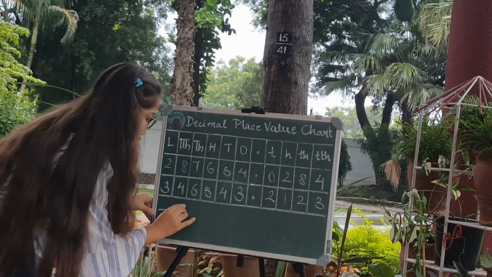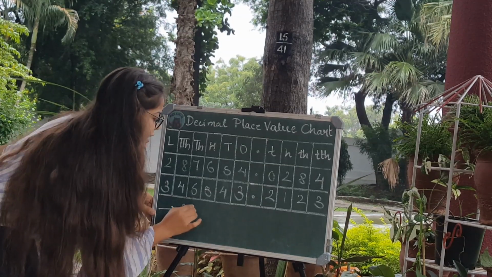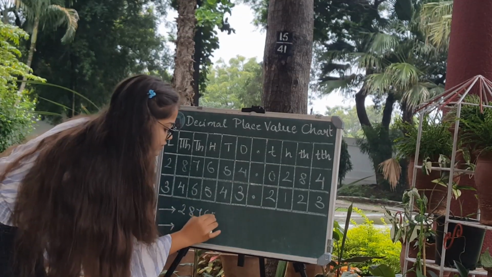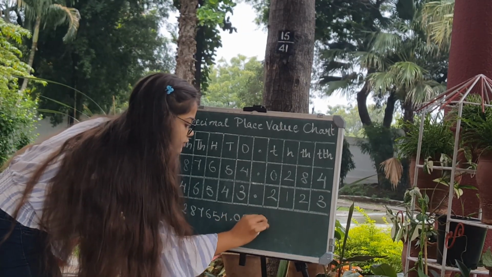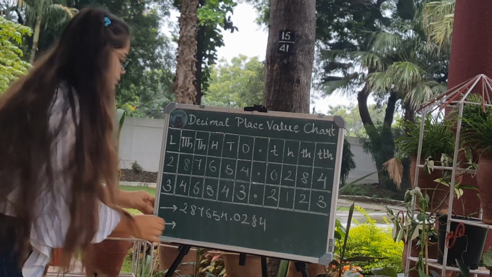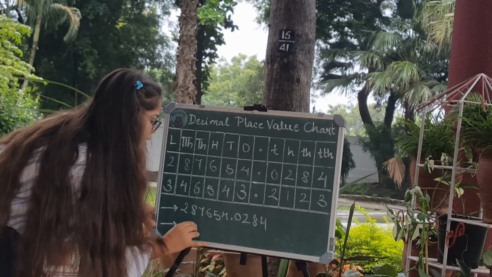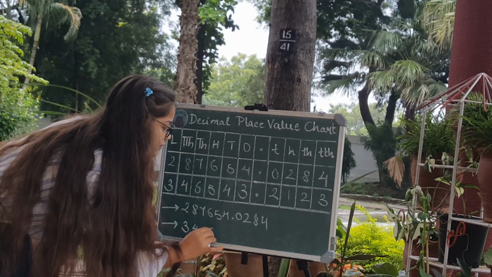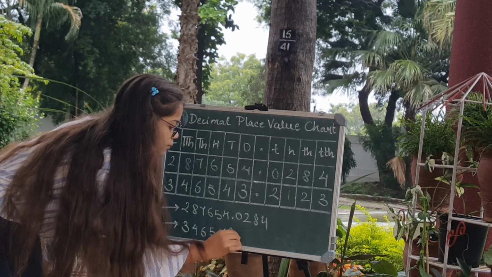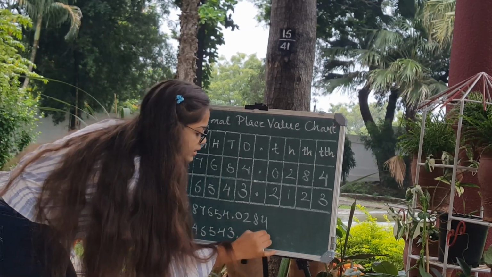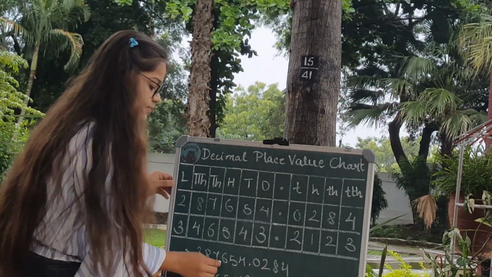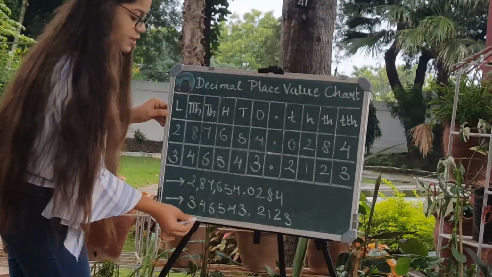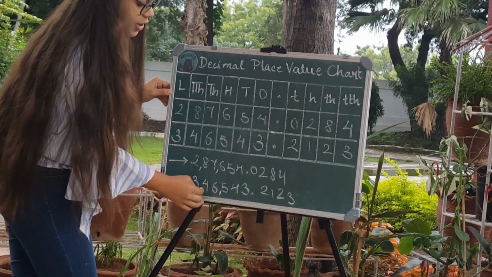So the two numbers we did were 2,87,654.0284 and the second number is 3,46,543.2123. Now let us put commas after 3 digits and then after 2 digits because this is according to the